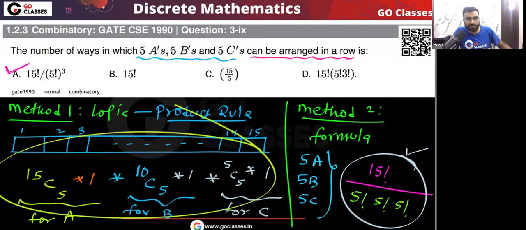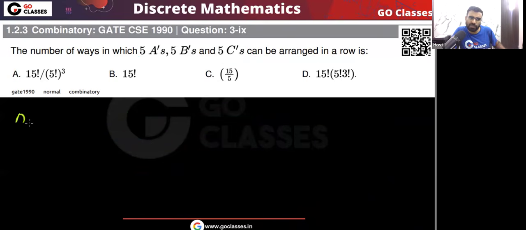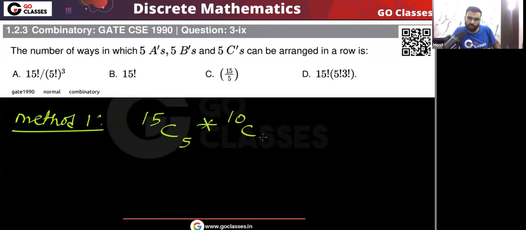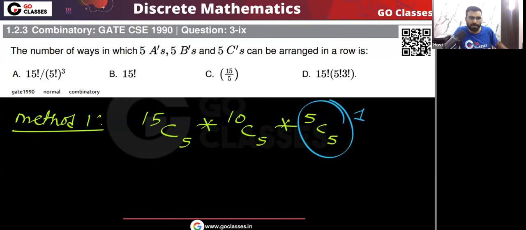If you simplify it, basically using the method number 1, what is the answer we are getting? From 15 positions, we are choosing 5 positions for A. From the remaining 10 positions, we are choosing 5 positions for B. From the remaining 5 positions, we are choosing 5 positions for C. This 5C5 is basically 1.